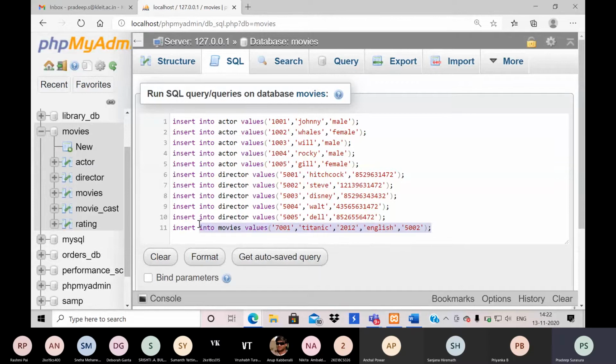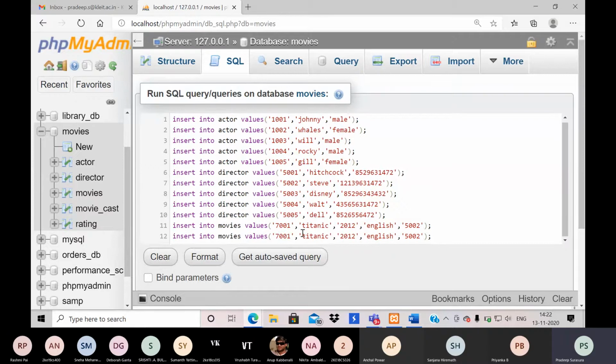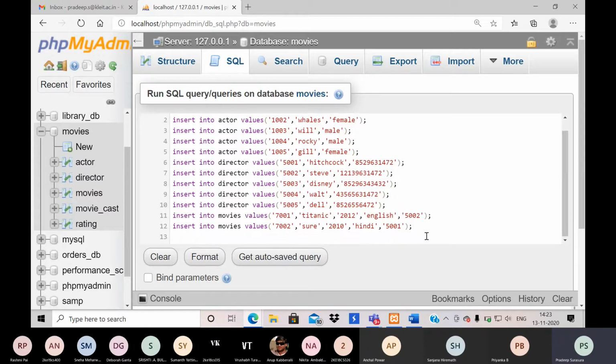Okay, now let me continue with the movies part. So in movies, I will write some other value, and say any particular thing. Okay, so I'm trying to write some mixture of many values.